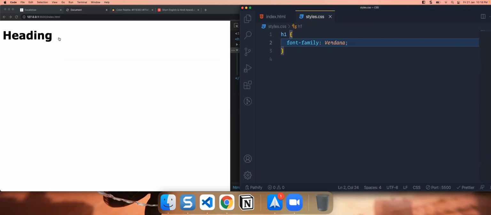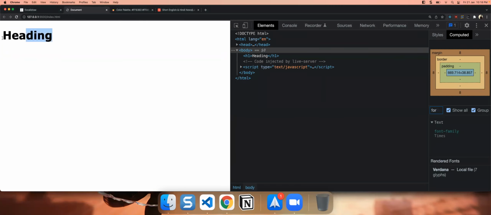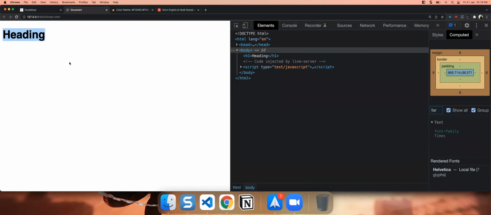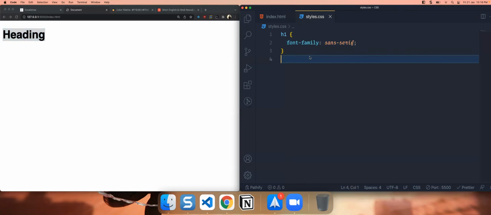Now the font has changed. If we target an element and give a font family, that will be applied to the font. We can even change it to, let's say, sans-serif. Again it's changed. So whatever font family you want, you'll be giving that. Now again,